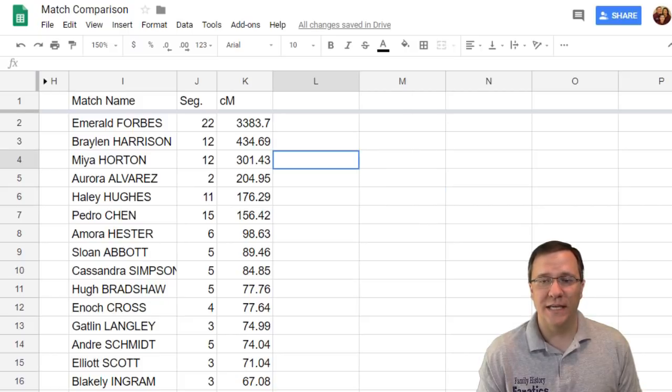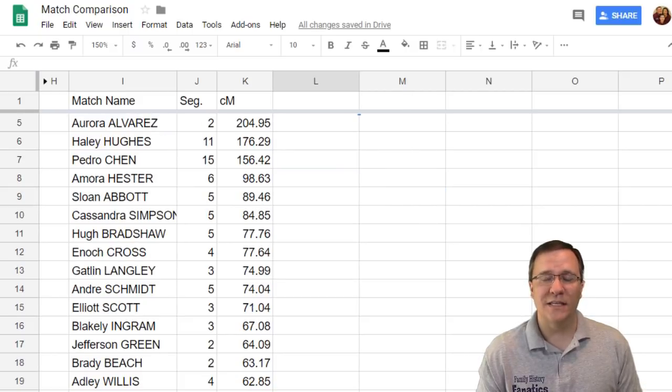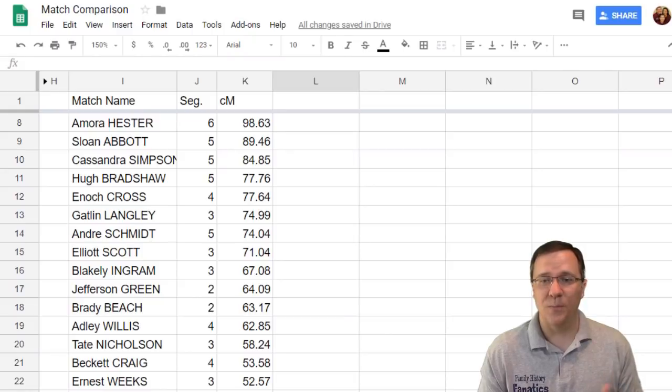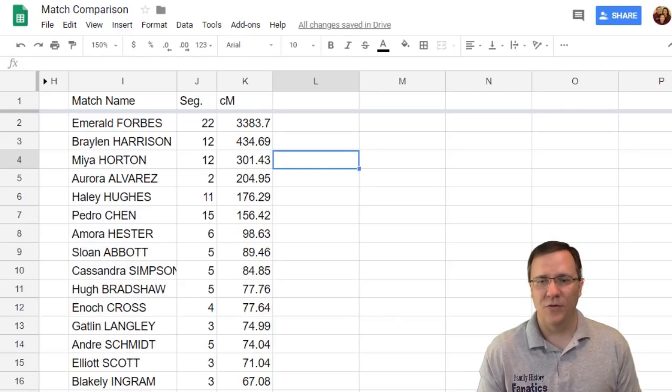And now what you see is basically the same type of list that, if one of the other companies had this data, they would report. So it's something that's comparable with any of the other companies. Now this process doesn't change the amount of shared DNA you have with second cousins and closer, because you already share a significant amount of DNA. However, you're going to see a large change in the number of matches between 35 centimorgans and 250 centimorgans.